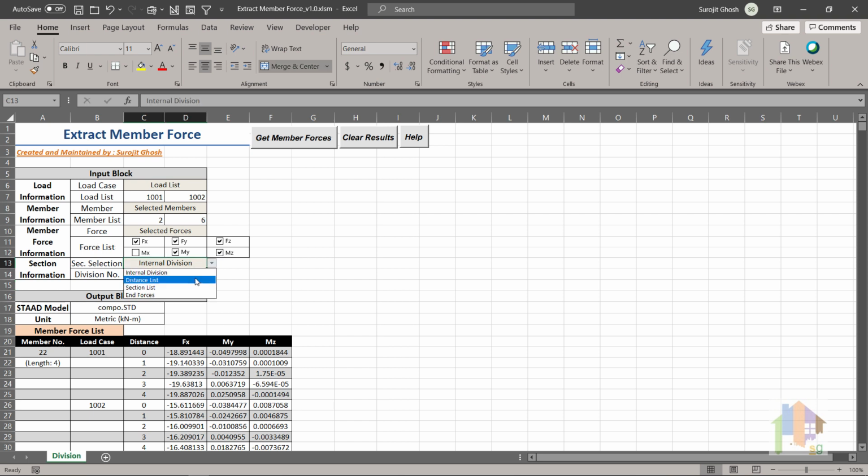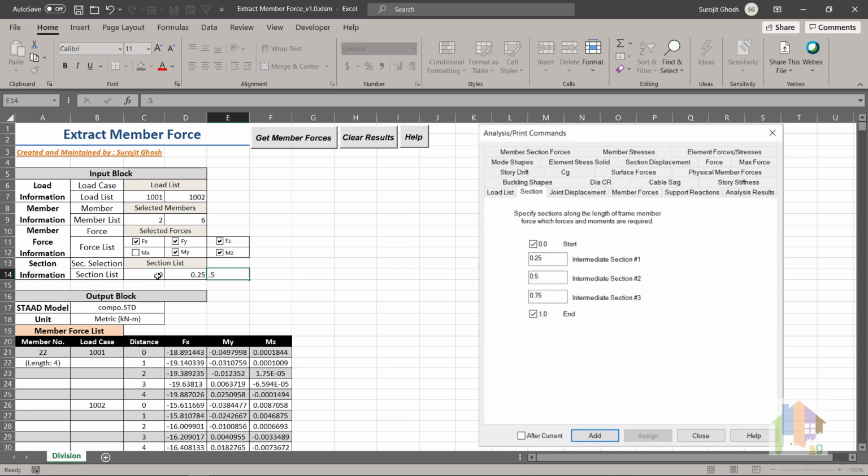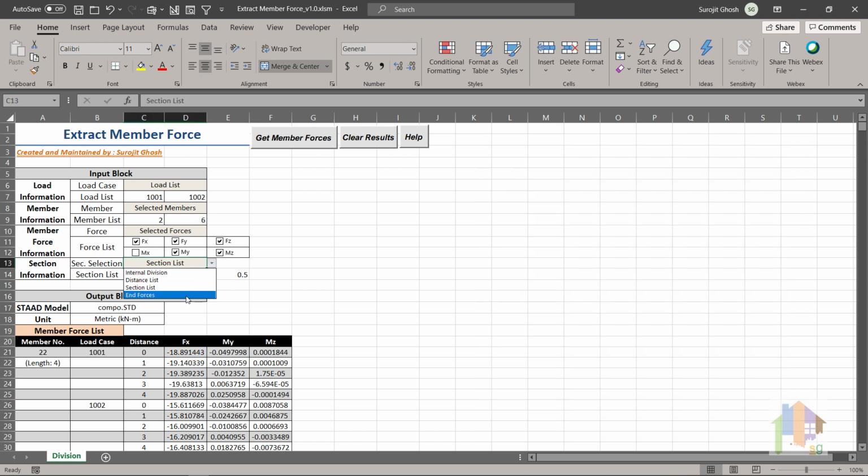You can also provide the distance or section information, and on the basis of that, member force at those locations are extracted. This is similar to the traditional section command available in STAAD. Also, I have included another option to extract the member end forces only. I think this will help you if you want to perform connection design.